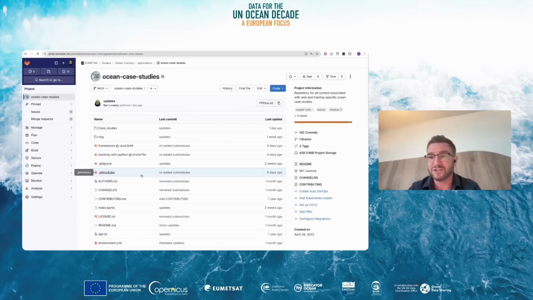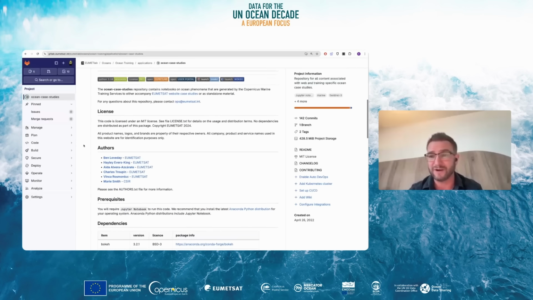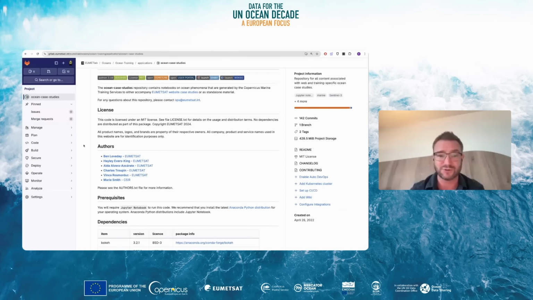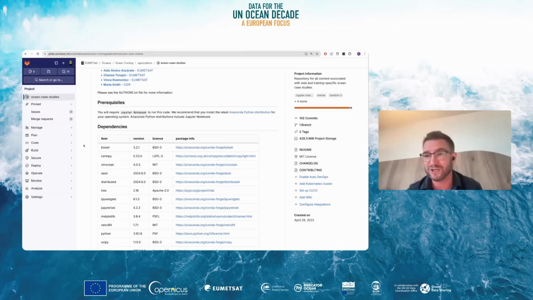There are full instructions for how you work with this code on your local system or on a cloud system included in this repository on this page. Again, URL at the end. I just want to give you an overview of how you get to it and then move swiftly on to the demonstration I'm going to focus on, which is contained within this code repository. So I've downloaded this code to my local system and set it up as detailed below, and I'm going to move straight on to looking at what options we've got and what data sets are in scope for working with marine heat waves in general.